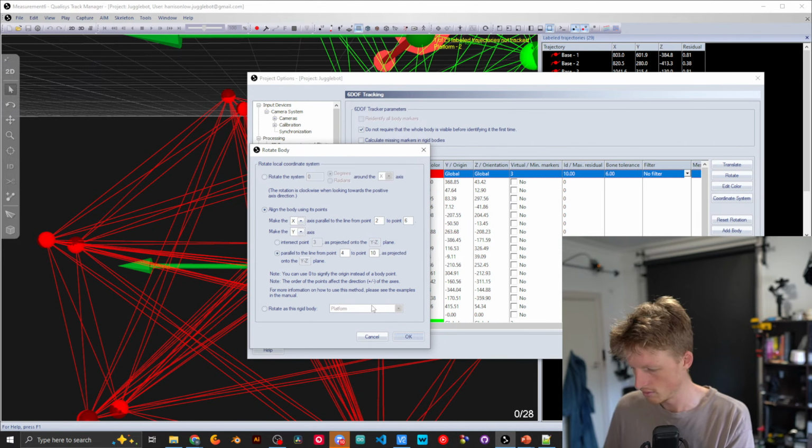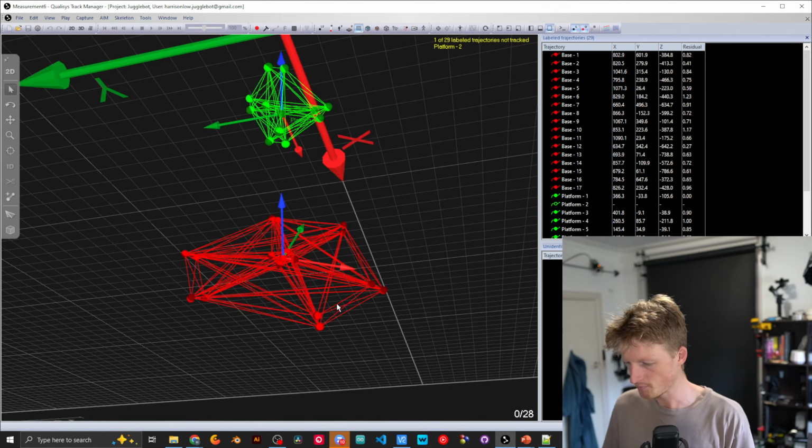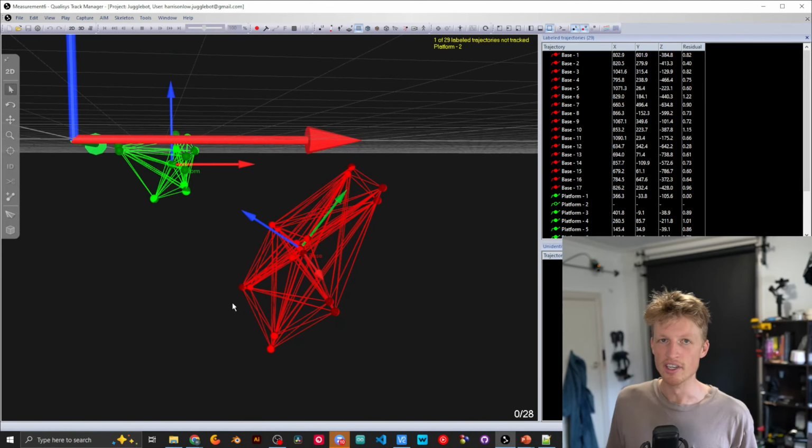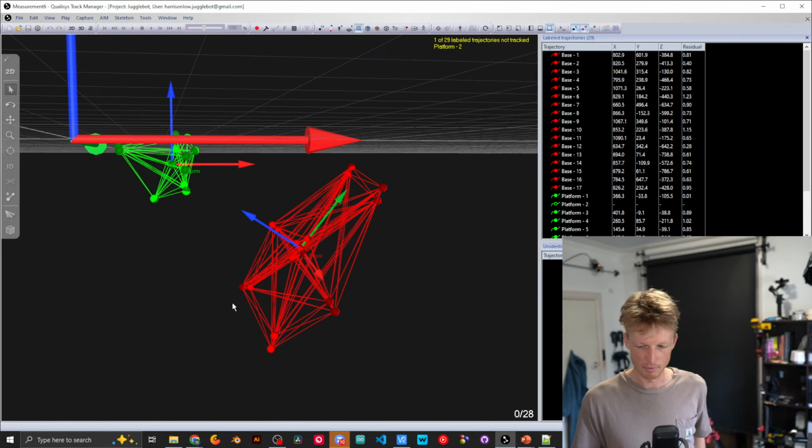Boom. Cool. So now our rigid body's coordinate system is bang on where we want it to be. That is perfect. But what we really want to do, as I said last week, what we really, really want